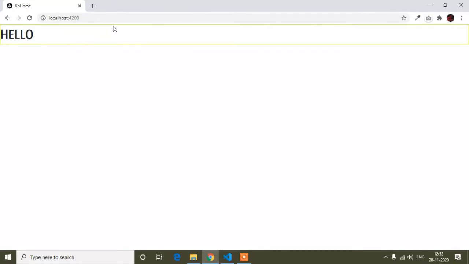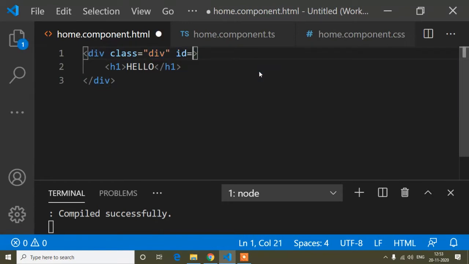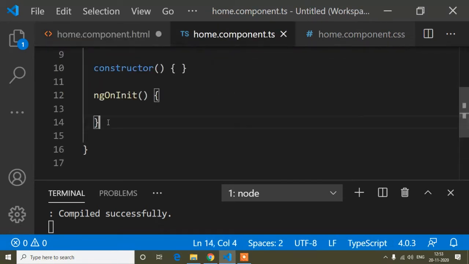And now guys, suppose we have a requirement to change the color dynamically. This time we have to use ViewChild. Suppose in this div I have to add a background color. If you know about JavaScript and jQuery, this time we use an ID, and suppose the ID name is box, and after that we do one thing in the script tag. I'm just showing here how you can do it using JavaScript and jQuery. After that I will show how we can do that in Angular, so it will be easy to understand.